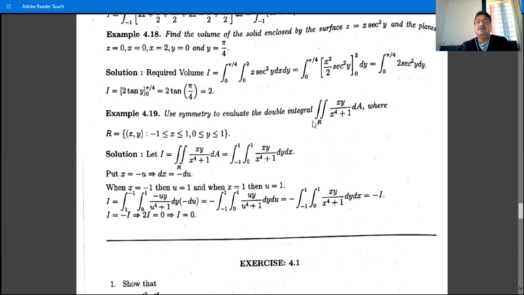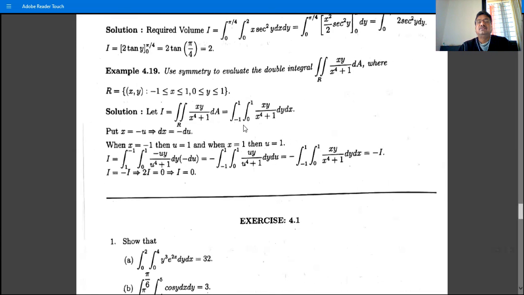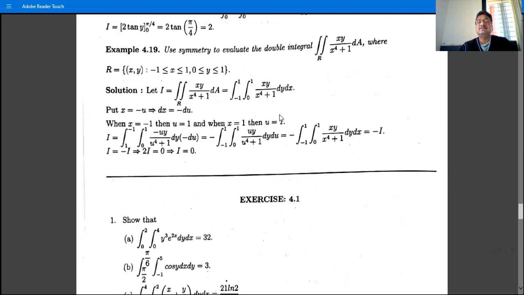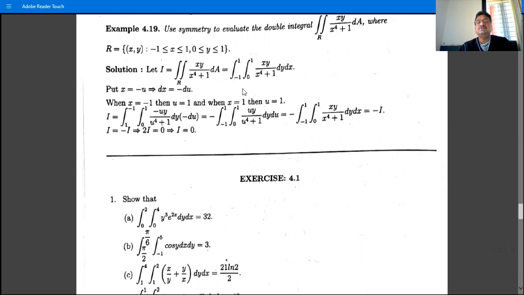Then evaluate the double integral over R of this dA, where R is this. So the given integration is equal to, x runs from minus 1 to 1, y runs from 0 to 1. Then integrate with respect to y first. So x by x square plus 4 is constant. Just integrate y square by 2. And if I have to integrate with respect to x first, then